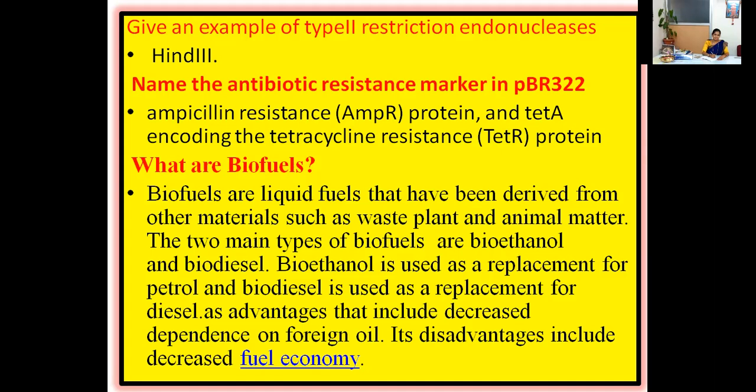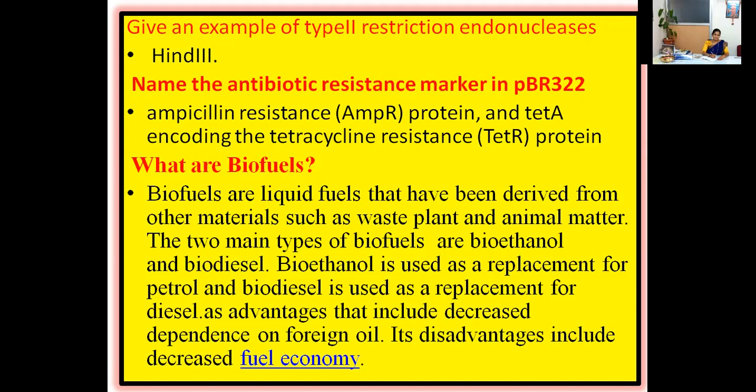In pBR322, you can observe the ampicillin resistance gene and the tetracycline resistance gene. In some of the other vectors, you may see the presence of only one, maybe a 1 or a 2, whereas in this pBR322 you can see both the ampicillin and the tetracycline genes.